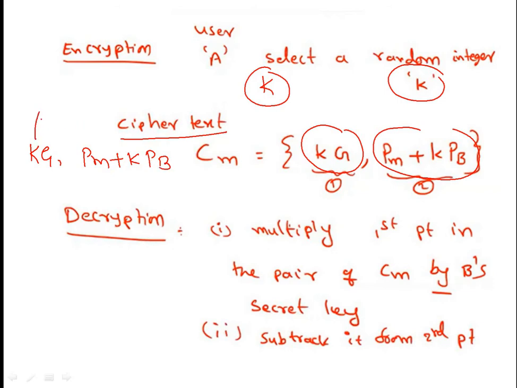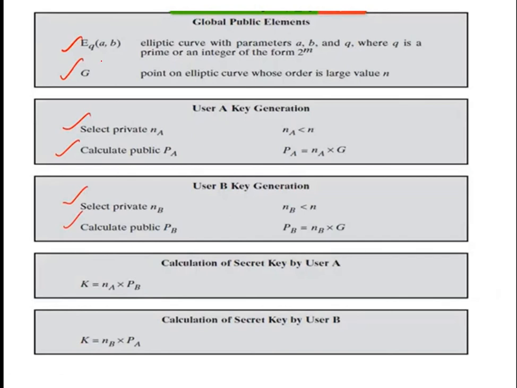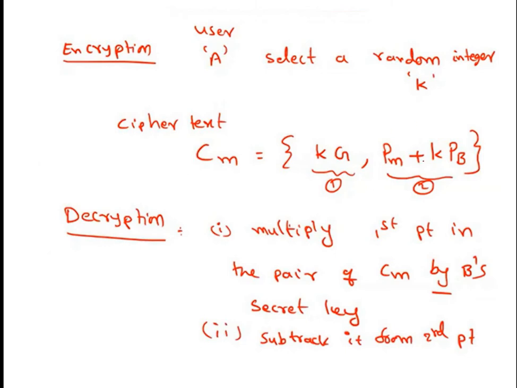So you know what k is. k is the random number which we have taken here. You can see here, it is a random integer. Then G is nothing but a point on the elliptical curve, which we have taken already. Okay, G. You can see here G. So we have taken it already. It is a point on the elliptical curve. Next, Pm is nothing but the plain text, or we can also call it a plain message.